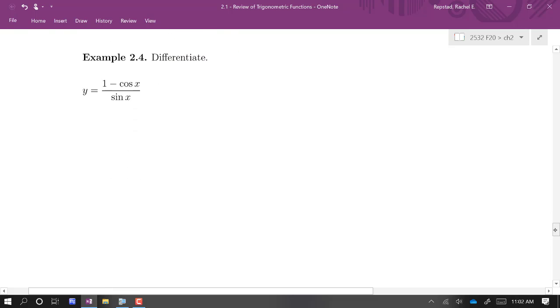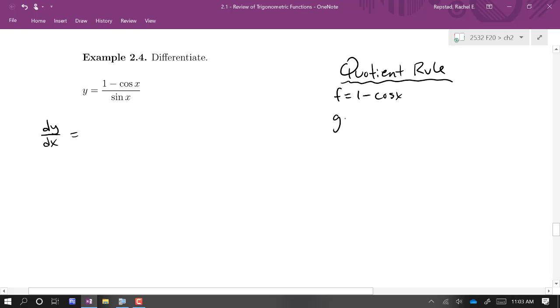Now let's do a derivative. Our function y is 1 minus cosine x over sine x. So this is a quotient, right? We're dividing two things. There's an x in both the top and the bottom, which means I really need to use the quotient rule. So let's take a moment to remember what the quotient rule looks like. The quotient rule says that, let's see, if we call the top function f, 1 minus cosine x, and we call the bottom function g,